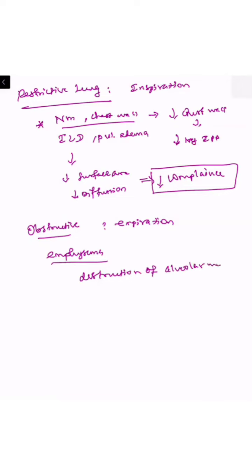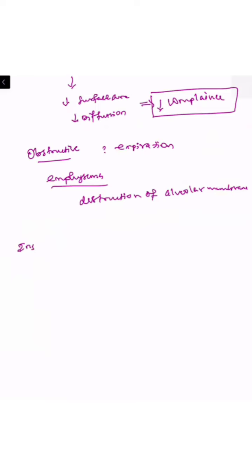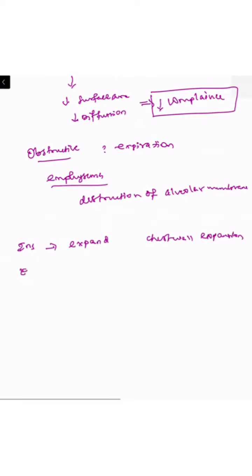So what is happening with this mechanism? Normally, during inspiration, alveoli have to expand. This is done by the chest wall expansion, which increases the negative intrapleural pressure. But during expiration, which is the normal mechanism, and this is a passive mechanism, there is no other mechanism in our body which is mainly happening by